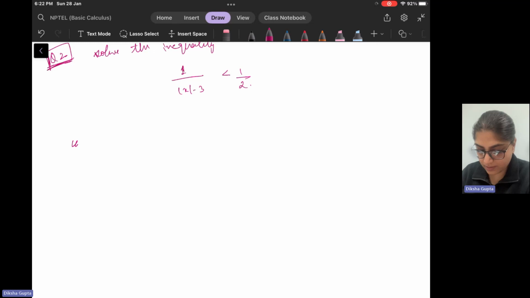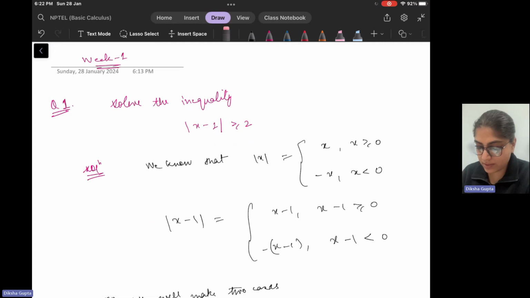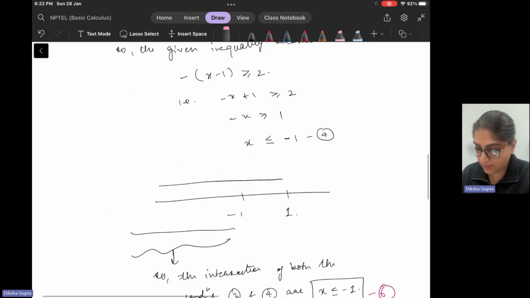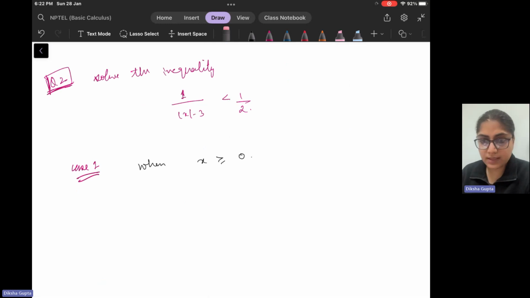So case 1, when x is greater than equal to 0. Also notice that here it was less than equal to, so that's why we have included the endpoints in every inequality. But whenever there is a strict inequality, you have to be careful. Now when x is greater than equal to 0, this implies mod x is x. So given inequality becomes